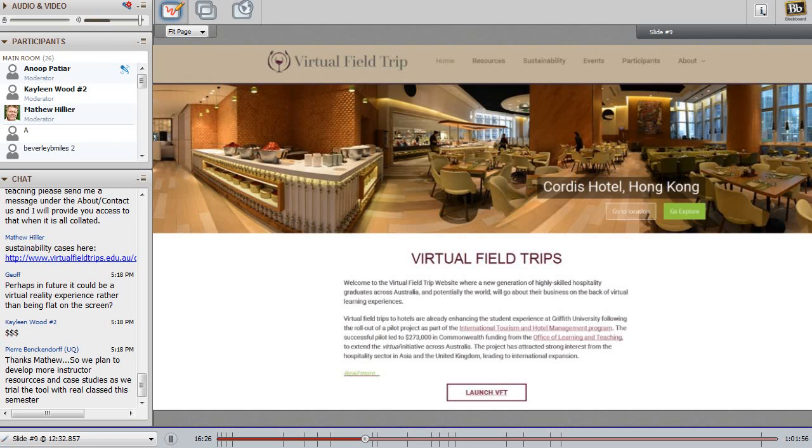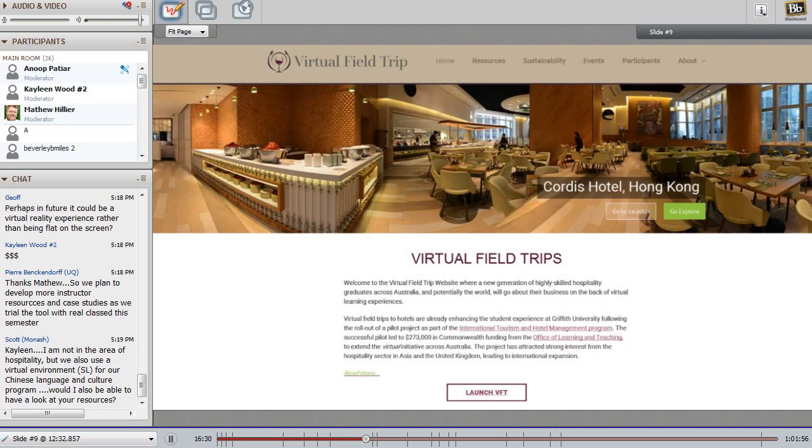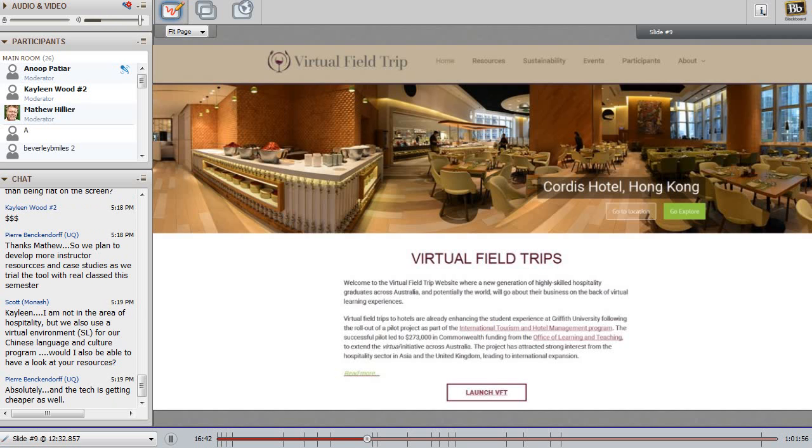Then we have another tab which is about events, and it has information about some of the conferences and events where we have presented our virtual field trip. Then the next one is about participants, and it has information about all the participating hotels and restaurants and the wineries and so on.